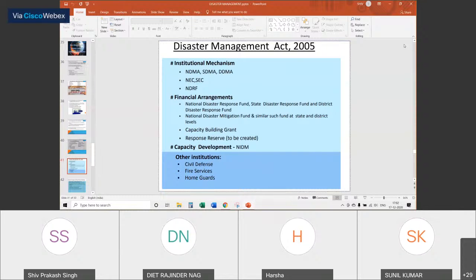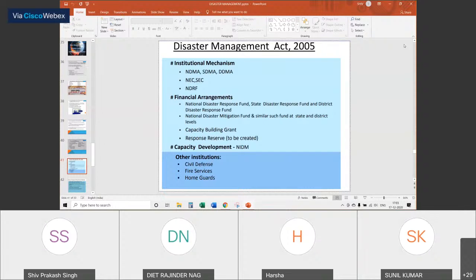इससे डिजास्टर मैनेजमेंट एक्ट में नेशनल डिजास्टर रिस्पांस फोर्स बनाया गया, जो आपदा आने के बाद राहत एवं बचाव का कार्य दे। इसके लिए फाइनेंशियल अरेंजमेंट किए गए, नेशनल डिजास्टर रिस्पांस फंड बनाया गया, स्टेट डिजास्टर रिस्पांस फंड बनाया गया, डिस्ट्रिक्ट लेवल पे डिस्ट्रिक्ट डिजास्टर रिस्पांस फंड बनाया गया। सारा उद्देश्य ये था कि कैपेसिटी बिल्डिंग की जाए, कैसे क्षमता निर्माण किया जाए, आपदा रोधी भारत कैसे बनाया जाए, एक सुरक्षित और आपदा प्रतिरोधी भारत का निर्माण कैसे किया जाए।